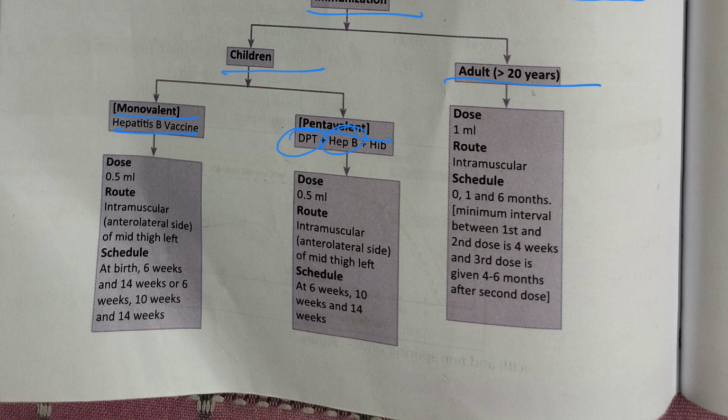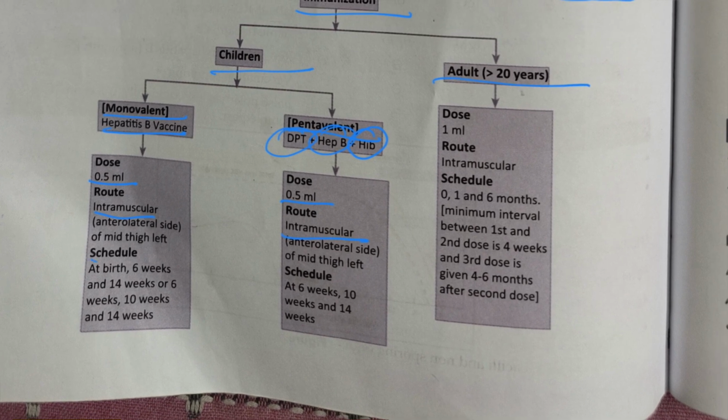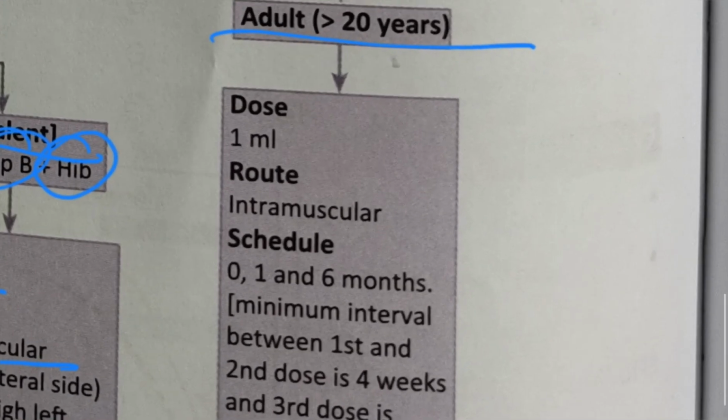Haemophilus influenza type B vaccine. Dose 0.5 ml intramuscular, schedule 6 and 14 weeks or 6, 10, 14 weeks. Now coming to adult, 1 ml